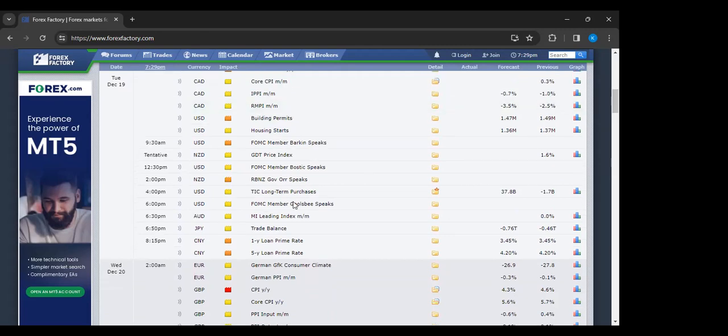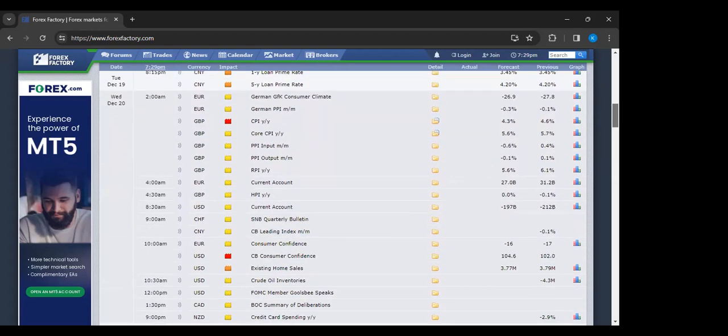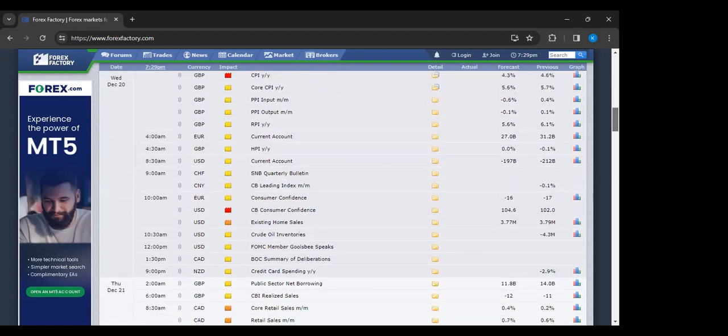And some similar news coming out from the New Zealand dollar. So NZD USD is a pair we look at. So this news tomorrow afternoon will be something to pay attention to. China has news coming out, but we'll talk about that on Wednesday. Wednesday, we actually have some news coming out for GBP out of the UK for CPI as well. So that'll be something for us to pay attention to.